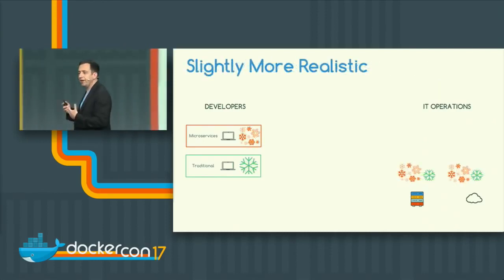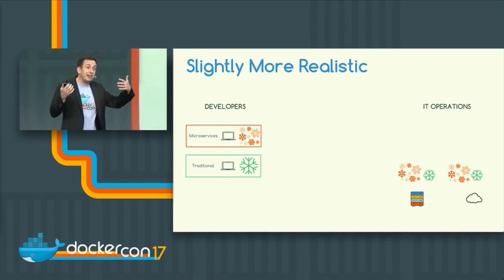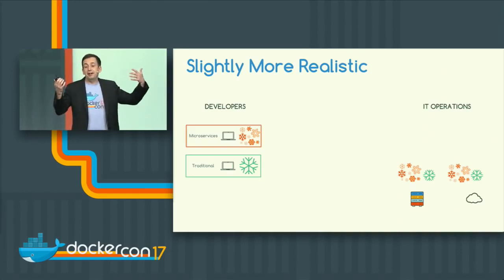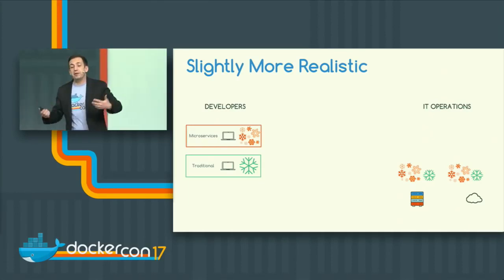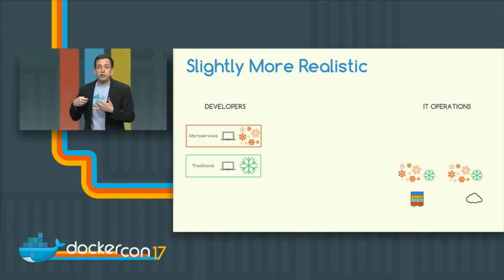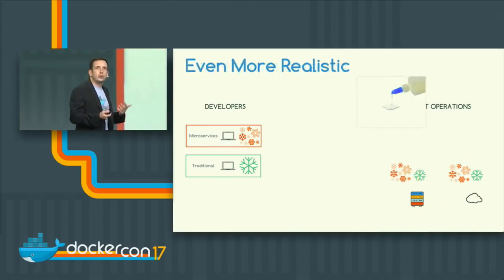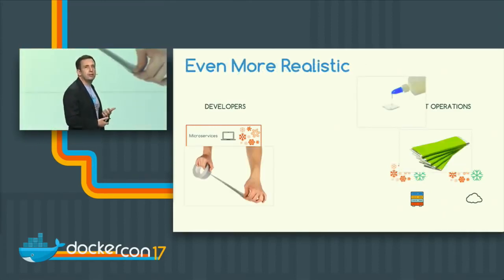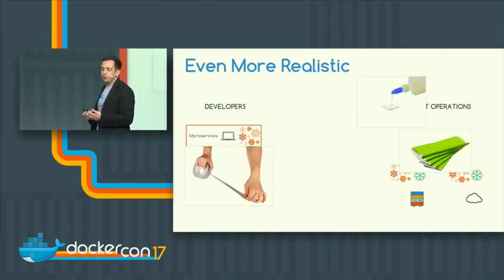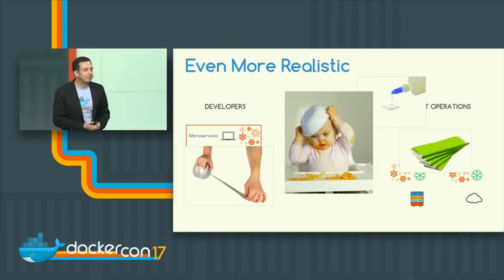All right, so we've got our special little snowflakes, and this is helpful, but we also want to make this slide a little bit more realistic and reflect the ways in which, in a pre-Docker environment, you get those applications deployed. And so we want to represent important tools that are at our disposal, like glue, we've got some chewing gum, we've got ourselves some duct tape, and as long as we're at it, let's represent those applications a little bit more realistically as script code. All right, so